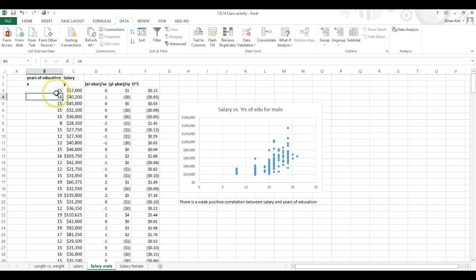matter if you change it or not, but I would like to have the years of education as my X value, because that's more the conventional way of doing it. You want to have the result, quote unquote result, on the Y-axis. So X means the years of education, and Y is the salary. So I just copied this down from the previous